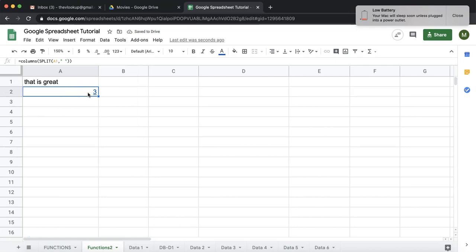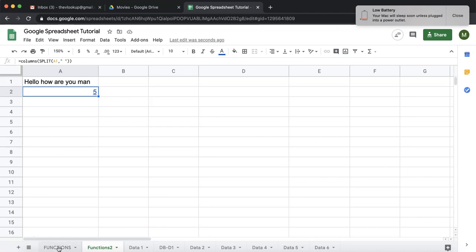Now this can be a very good way to find the total number of words in a sentence. So this is a sentence. If I write hello, how are you, man? So this is returning 5 because there are 5 words in this sentence. So if you have a problem statement that you want to find the total number of words in a sentence, this is a very good way. What we did, basically, we split that with the help of space. So whenever you find space, just take it to the next column. By that it returned the data in 5 different columns, and then using the columns function I just counted all of these columns and the final answer is 5.